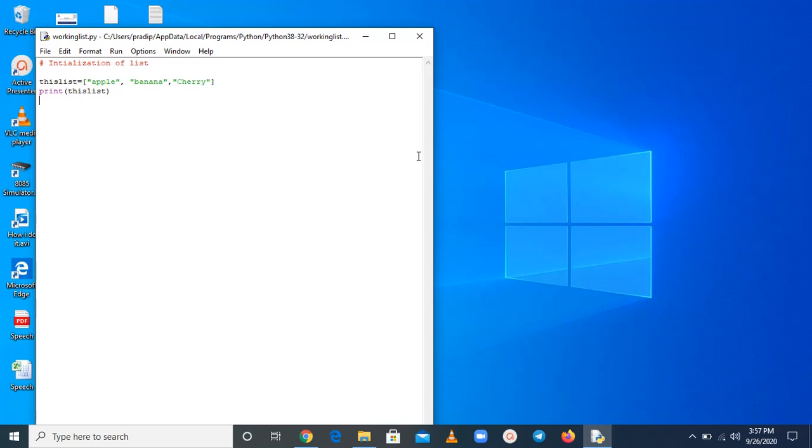Now, talking about how to access an item. I have already discussed it. By using the index method we can access an item. So, this is the list, and if you want to access an item, you have to pass this list and here index 1.